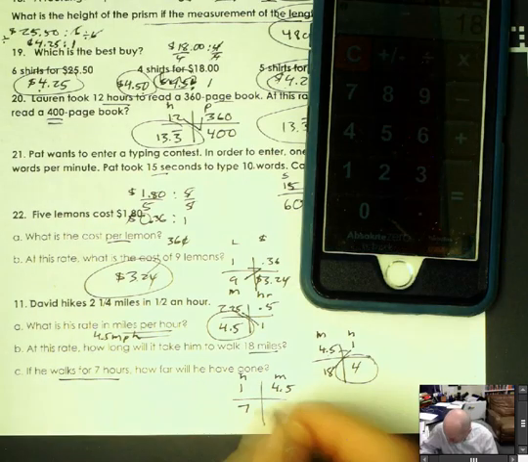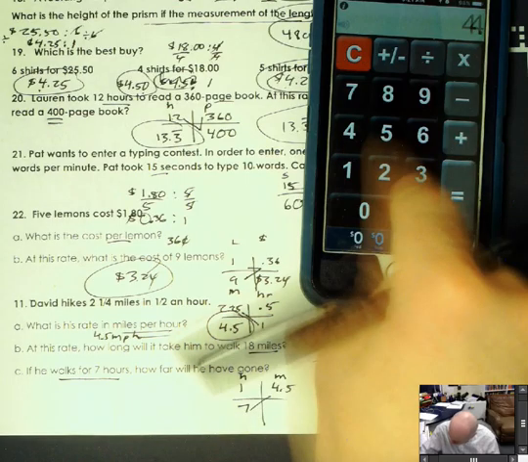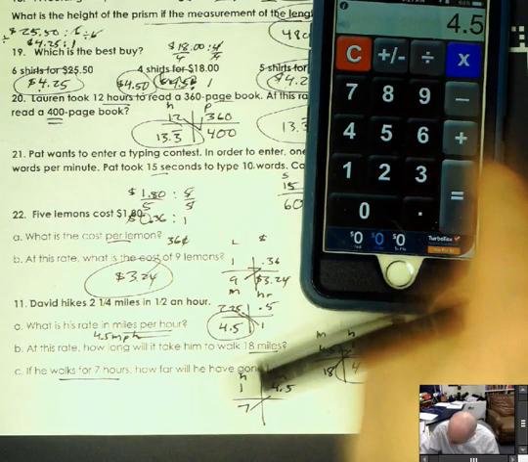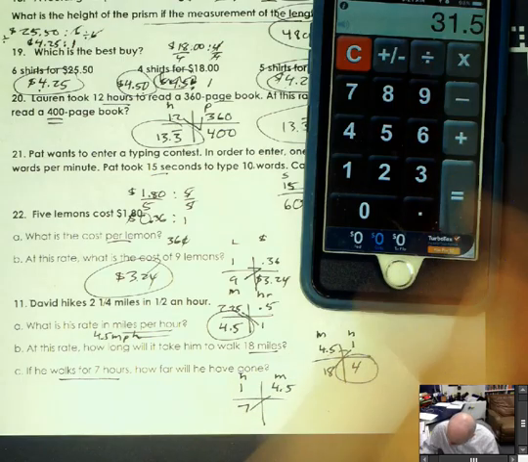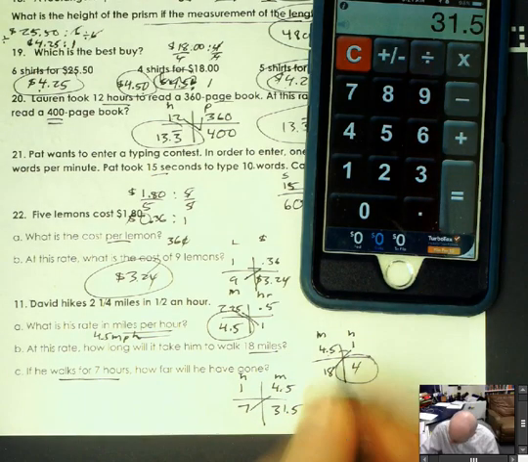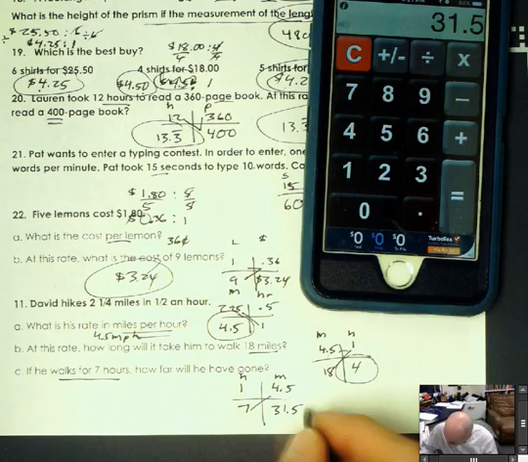Well, that makes sense, right? This is 1 hour, and he's just going to multiply it by 7. So 4.5 times 7 is going to be 30-something, or 31 maybe, equals 31.5. And then we're going to divide that by 1, which is, of course, the same thing. So he's going to walk 31.5